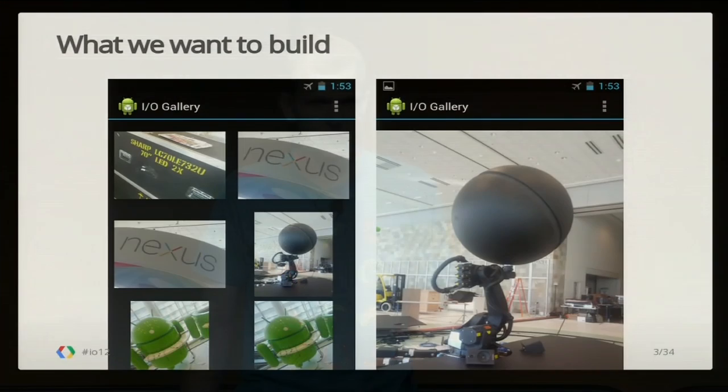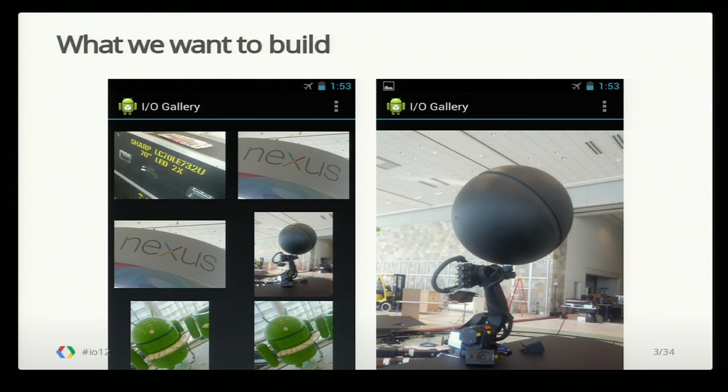So today, as we build an app, I'll show you how we can work together and how we can do more with less. So let's start by building a simple photo gallery app made of two activities. The activity on the left is just a simple overview of the photos the user has taken on the device. And there's a second activity on the right that we can drill down and see a detailed zoomed-in view of